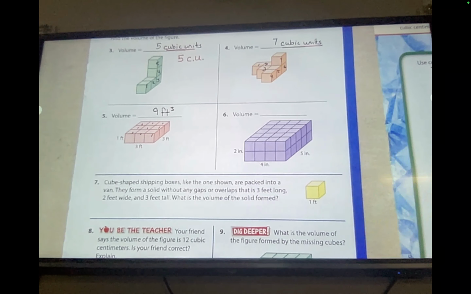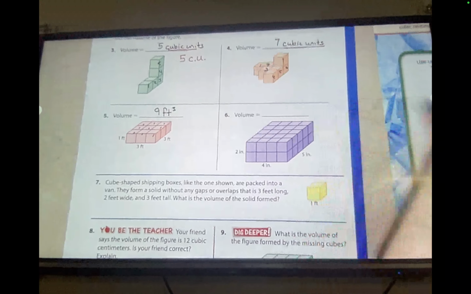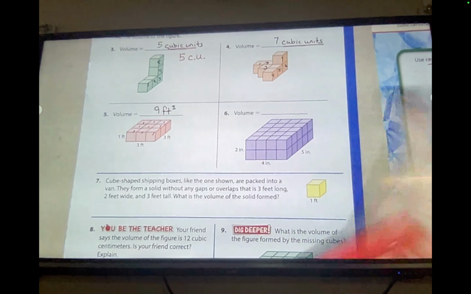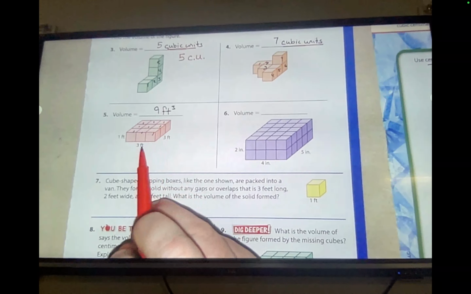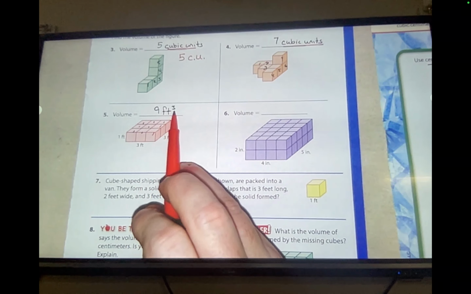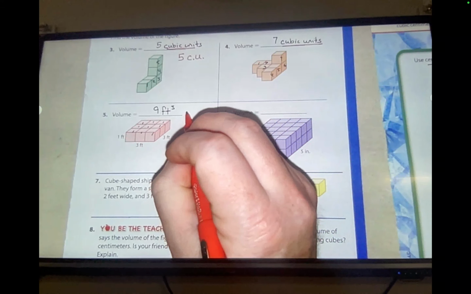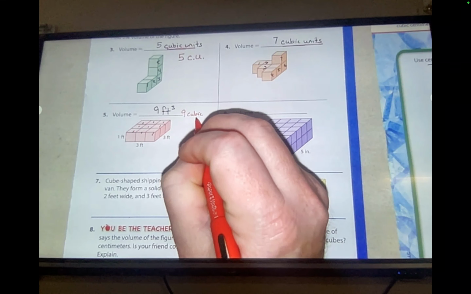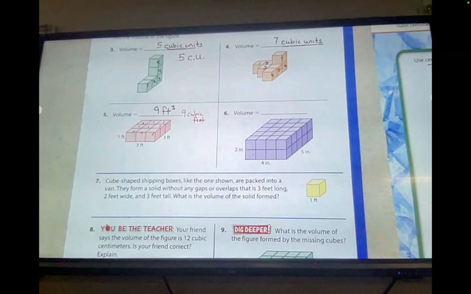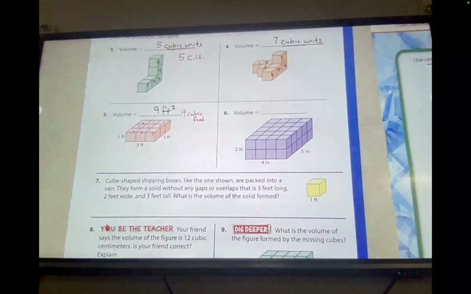And the unit just represents 1. So there's 7 cubic units, or 7 blocks, is kind of what you want to think about it. This one, they did give us feet. So I wrote feet and cubed. But remember, you also can say 9 cubic feet. Okay, so either or there. Now look at number 6, and this kind of gets into what we will be doing